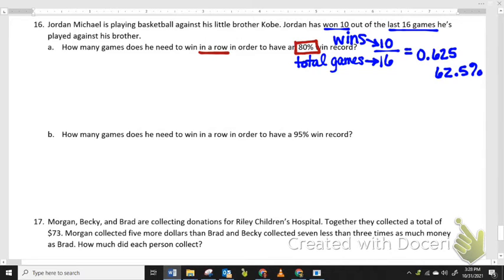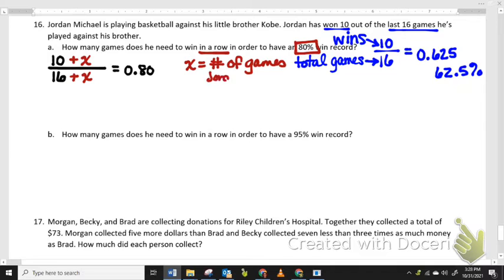win record? All right, so when we did this together the other day, he has already won 10 games. He has already played 16 games. We know that we want this ratio to come out to be equal to 80%. So that's 0.80. I do not know how many games he's going to need to win. So plus X. If he's winning games, then he has to be playing them or else he can't win them. So we're going to let X equal the number of games